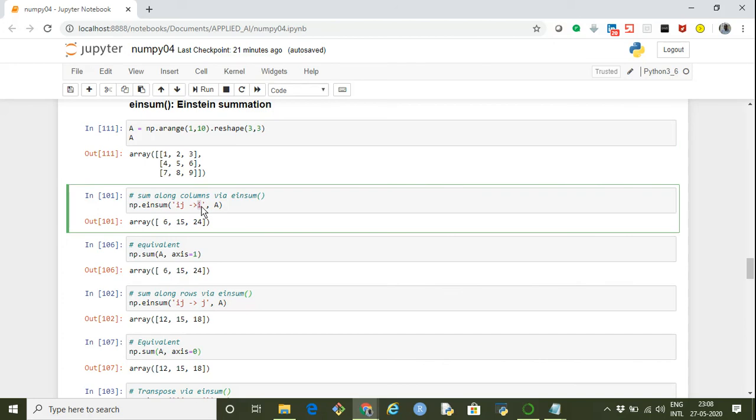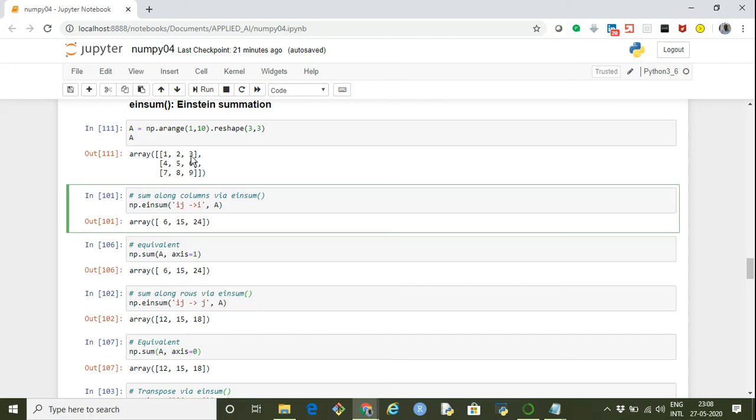Whichever axis is omitted, that is not given on the right-hand side of the arrow, its elements get summed up. And we are applying this operation on the array A. So we are omitting j here. j means the columns. So we just sum it up and represent it in the form of rows.